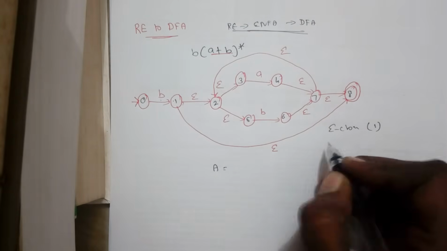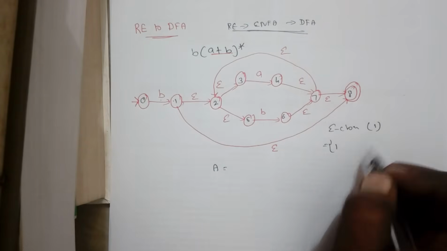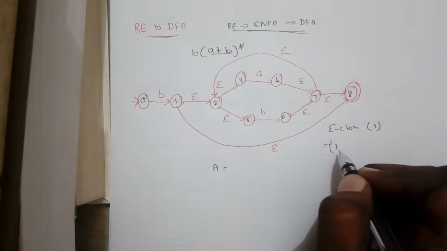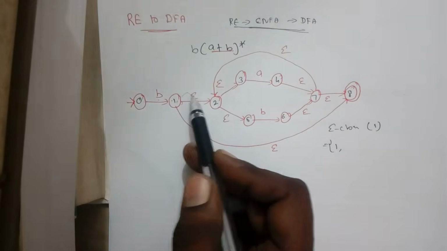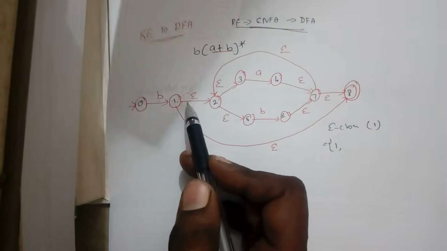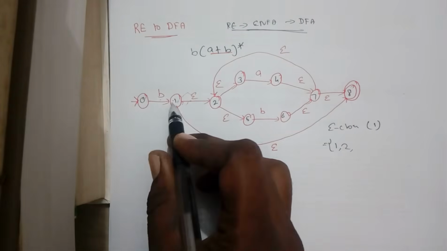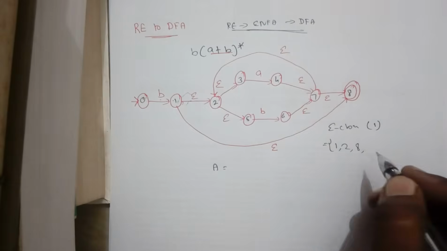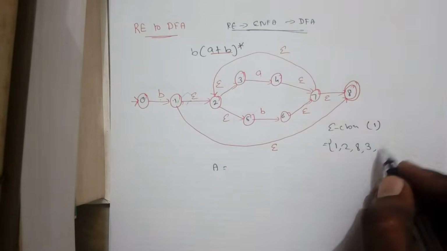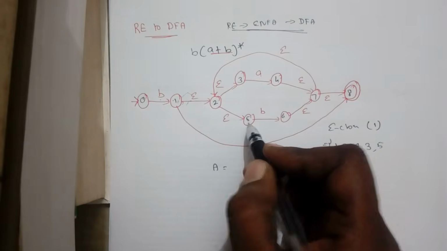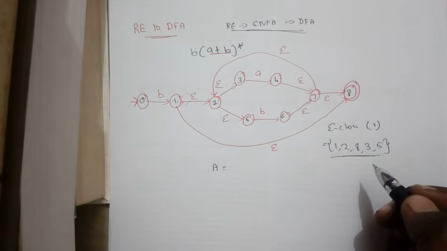When you want to find the epsilon closure of a state, first we have to include the state as it is. Now I consider the state 1. When you want to find the epsilon closure of 1, first we have to include 1, and from this state 1 with epsilon as an input, wherever we can reach, we have to take all the possibilities. So from 1 we can reach state 2, and without any input from 1 we can reach state 8, and again from 2 without any input we can reach 3, and 2 to 5 without any input we can reach that, and from 8 there is no epsilon transition. So all these things we call the epsilon closure state.